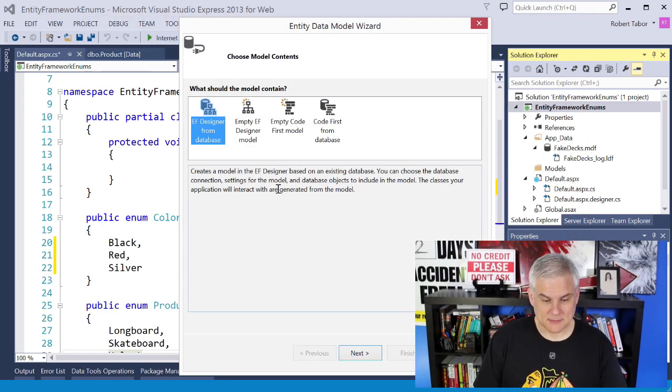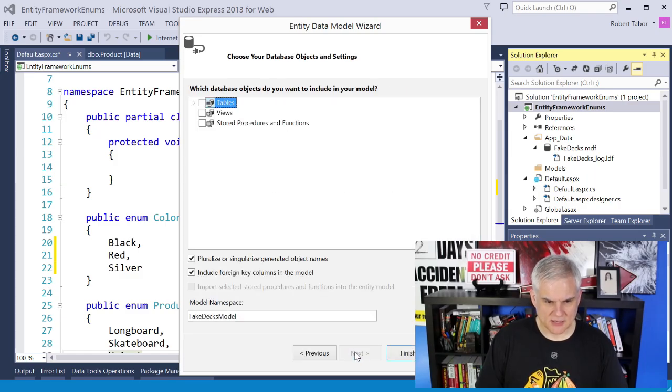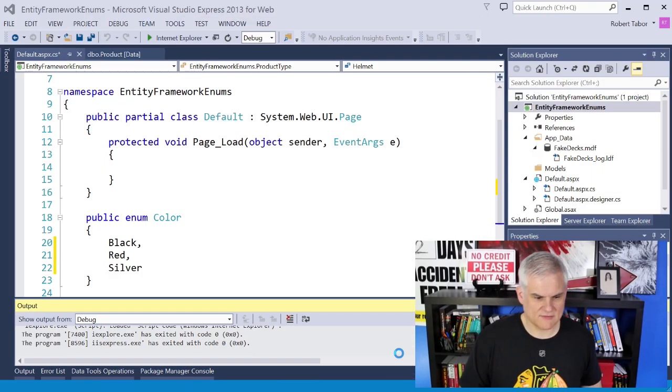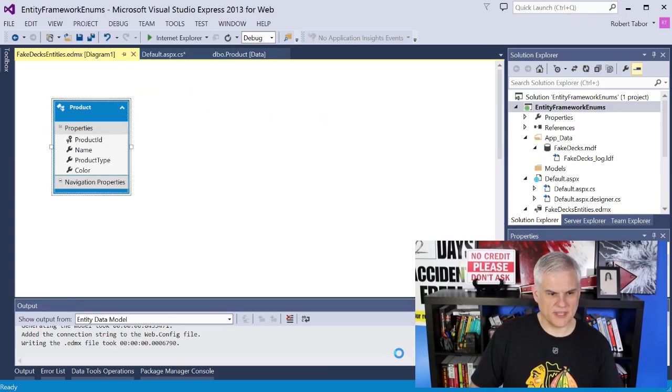And the entity data model wizard pops up. We're going to use an EF designer from a database. We'll go ahead and leave the default connection selected. I want to choose all the tables. There's only one, but we'll go ahead and just select that for ease. And it goes about creating the FakeDex